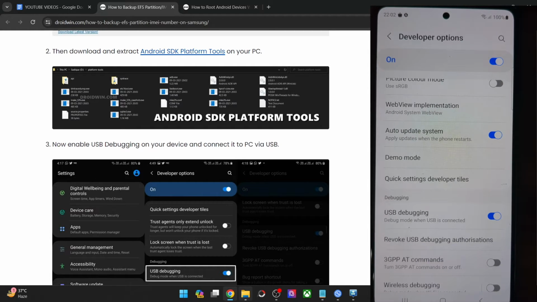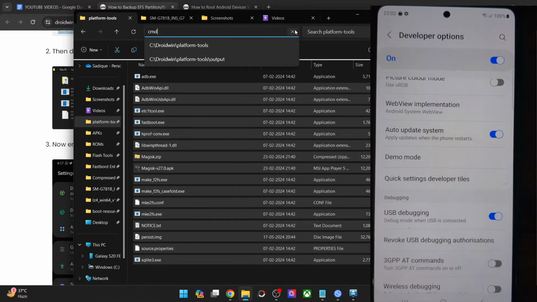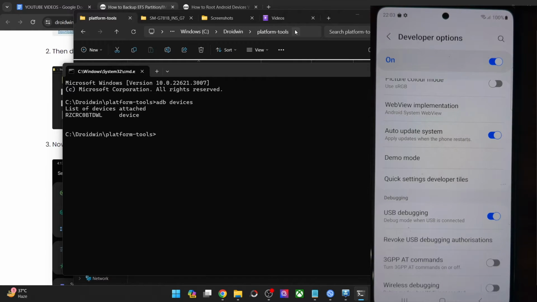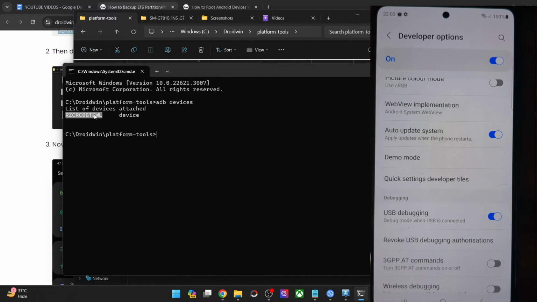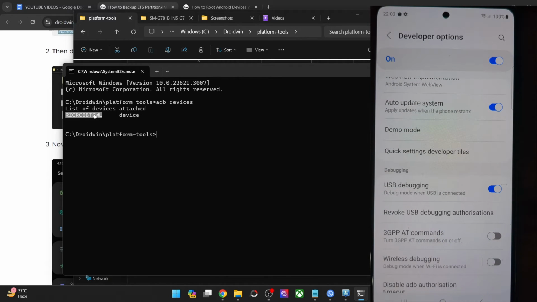Let's verify the same. So go to the platform tools folder address bar, type in CMD and hit enter. Now type in ADB devices and make sure that you are getting an ID. If you are not getting any ID, then unplug and replug your phone from the PC. Disable and re-enable USB debugging. Tap on revoke USB debugging. Use the official USB cable that came with your phone and use the USB 2.0 port on your PC. So carry out these USB tweaks and make sure that you are getting an ID.